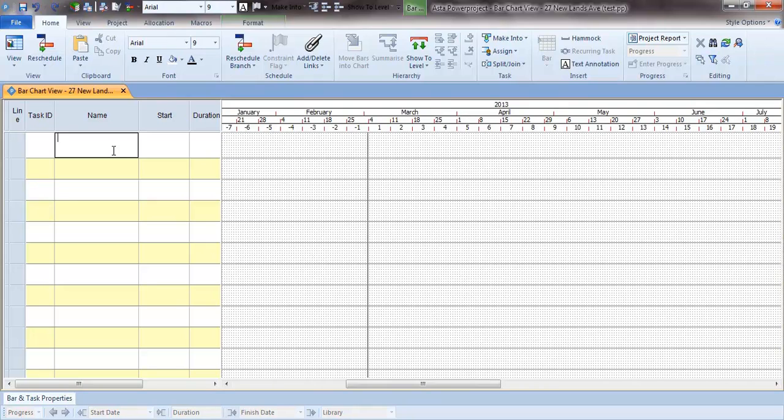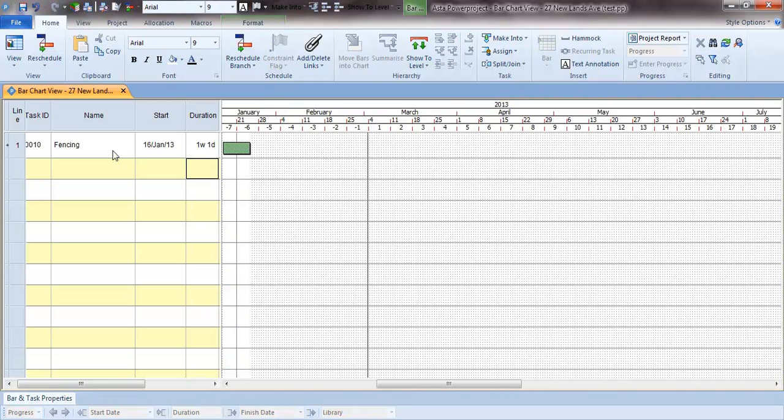The first thing that we're going to do in our project, which is a construction project for this example, is going to be that we're going to put a fencing around the site to make it secure. And I'm going to say how long it's going to take us to carry out this operation. And I'm going to base this on a letter and number combination. So we type 6D for 6 days, and then it creates an activity